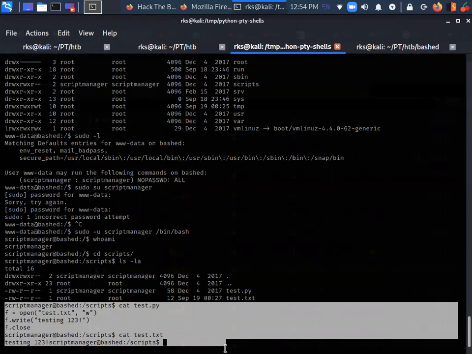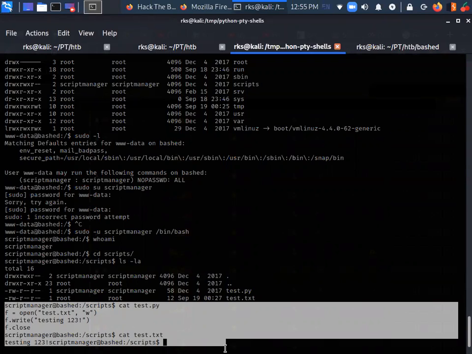So from this point, I can deduce one analogy. That is that the Python file is being executed, and text file is created, test.txt. Another thing that I can deduce from here is, if let's say script manager is running test.py, so the output test.txt is also going to be with the permissions of script manager, because script manager is running it, right?